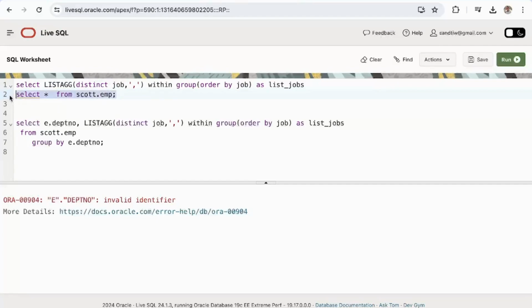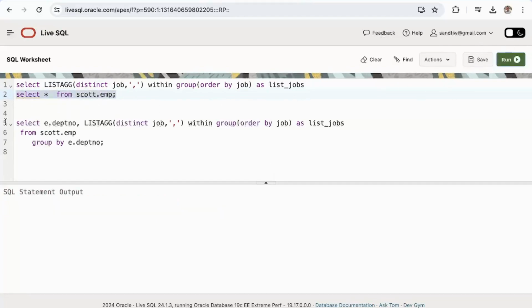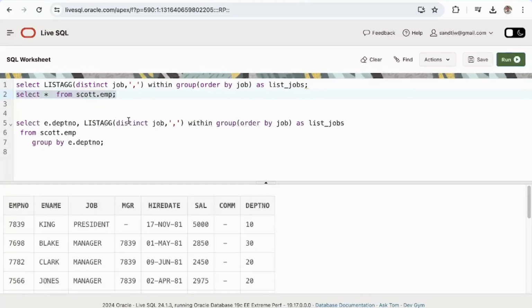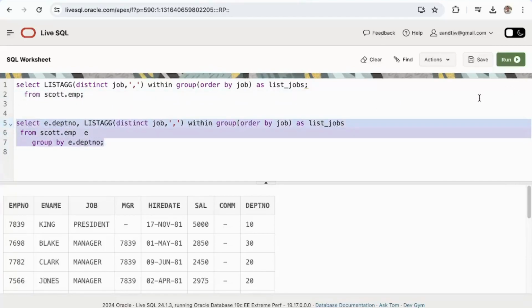So let me check once. What is the column name? It's department number. Oh, sorry, my bad. I didn't put the alias. So now if I run this,